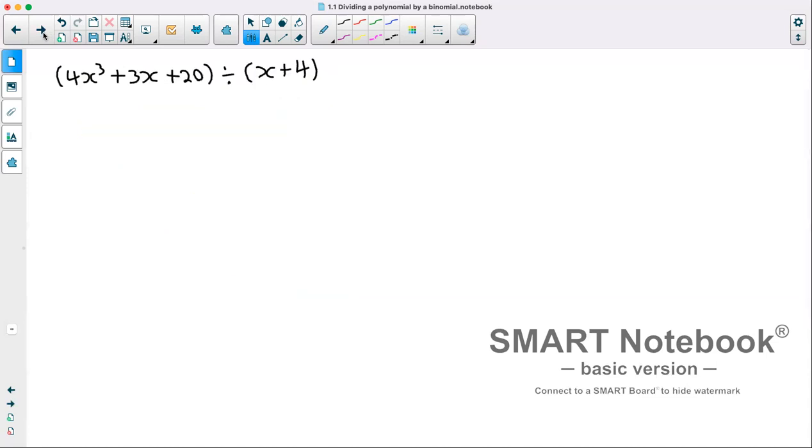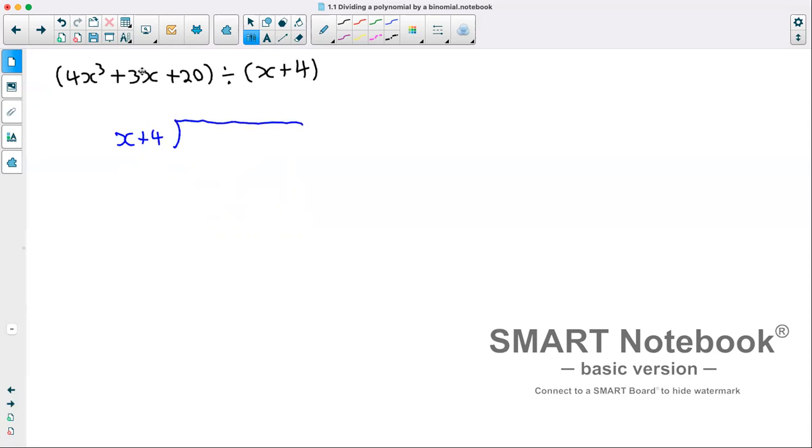Okay, so we'll do one last one before looking at division statements and then going into synthetic division. So we've got 4x cubed plus 3x plus 20 divided by x plus 4. Now this question has a bit of a trick to it because essentially we're jumping from x cubed down to x, which is technically to the power 1. So when we enter in our division,